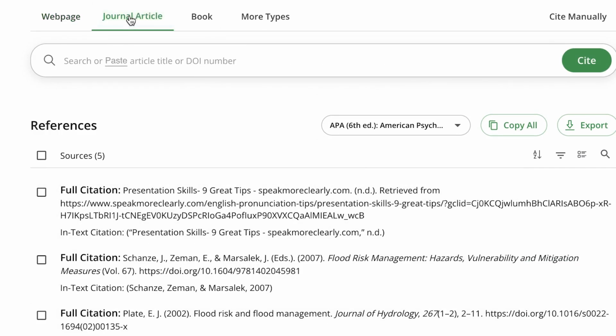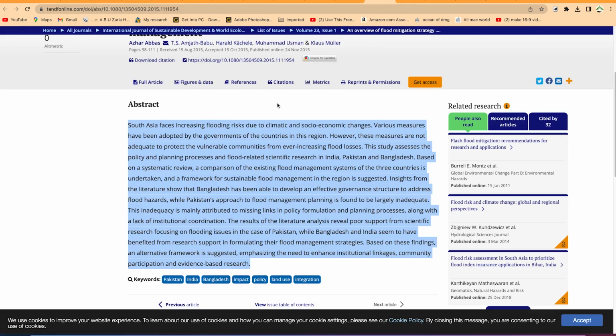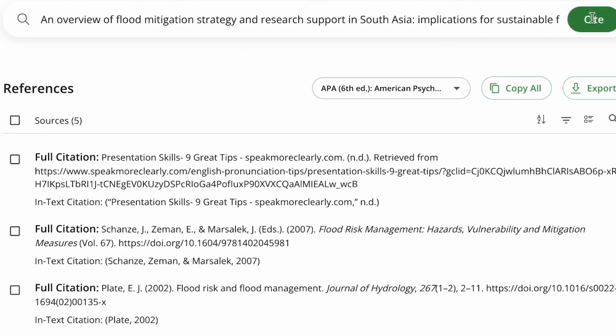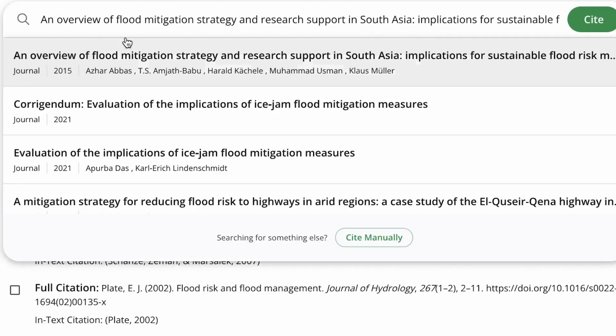Okay, so if it is a journal article, for example, like the journal articles we've worked with, what we are interested in as the input is the article title, or the DOI number. If you have the title, fine. If you don't have it, you can copy the DOI number and paste it. Okay, so for example, for this article, you can come over here, you can copy the title directly on its own. You can copy the title and just paste it and say cite, and it's going to list from all the sources, okay, available with this kind of topic.